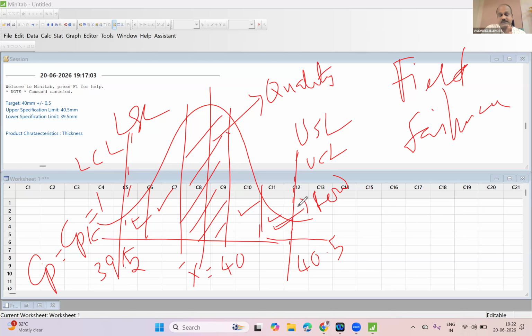So 100% inspection is not the way to ensure quality, particularly the durability of the product, particularly the field life. If you are concerned about the field life, you should focus on producing more of premium quality, because all of them are meeting the customer requirement. The basic quality definition is fulfilled. But the problem is you are not really able to produce premium quality products or premium quality parts. Okay. So the requirement here is,